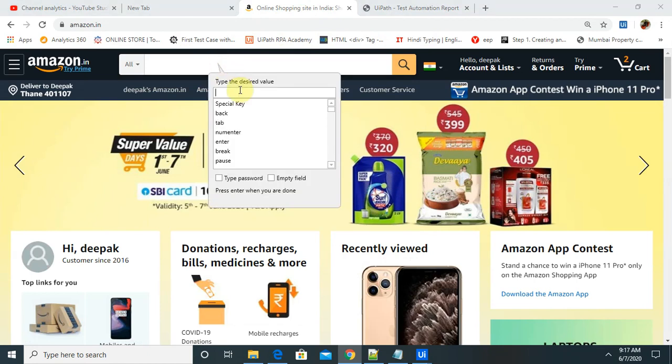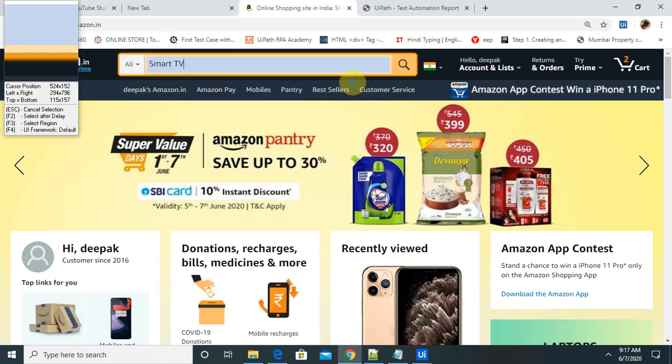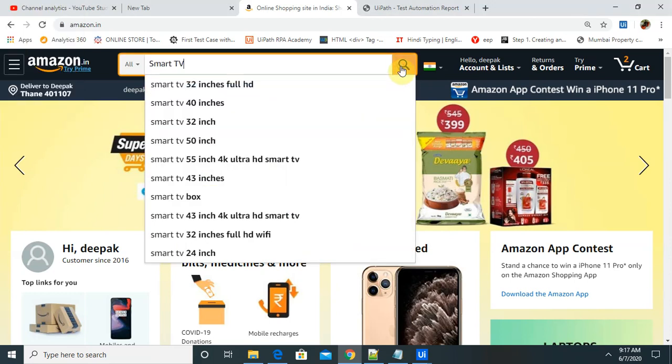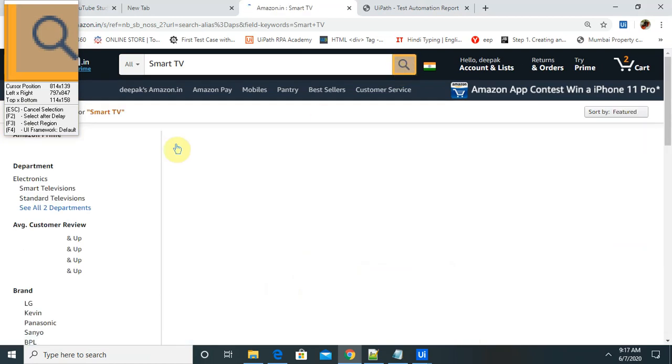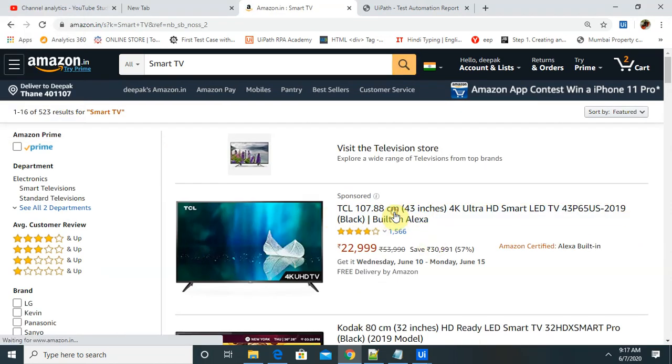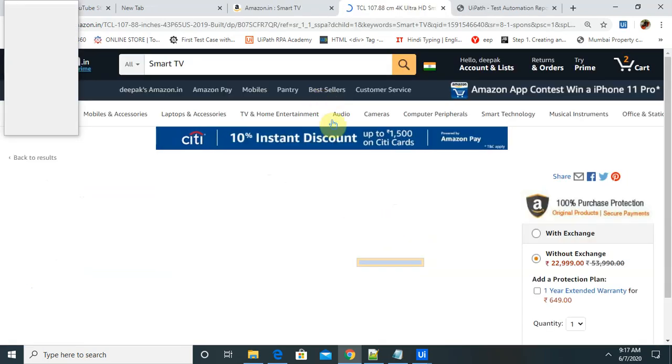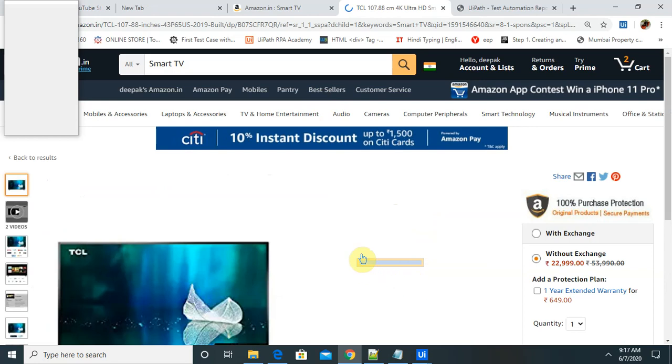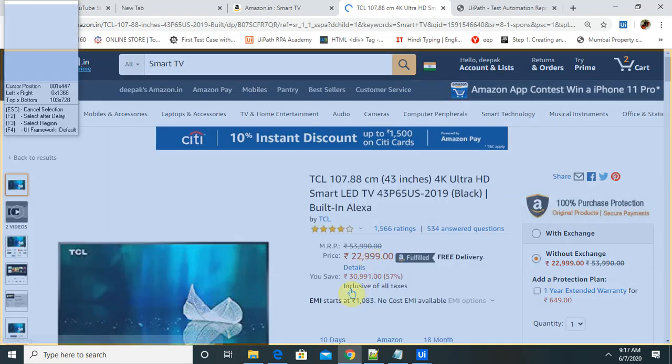If I want to buy a smart TV, I will enter the detail. Once I click search, it will record my activity. Just like I am selecting this, it will also record the activity. Now we have two activities involved.